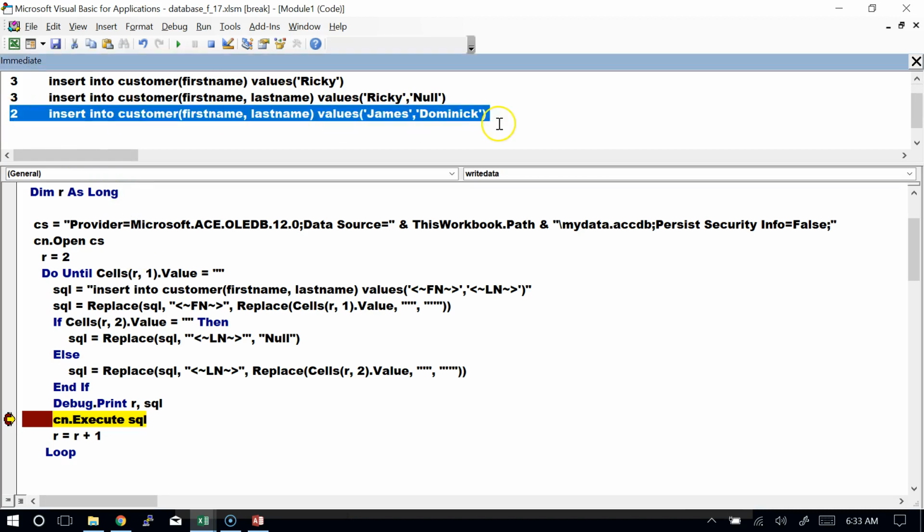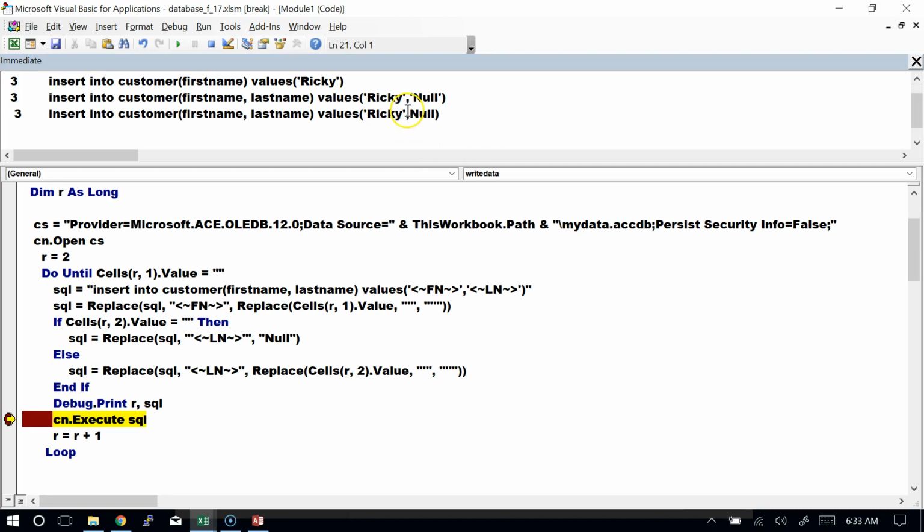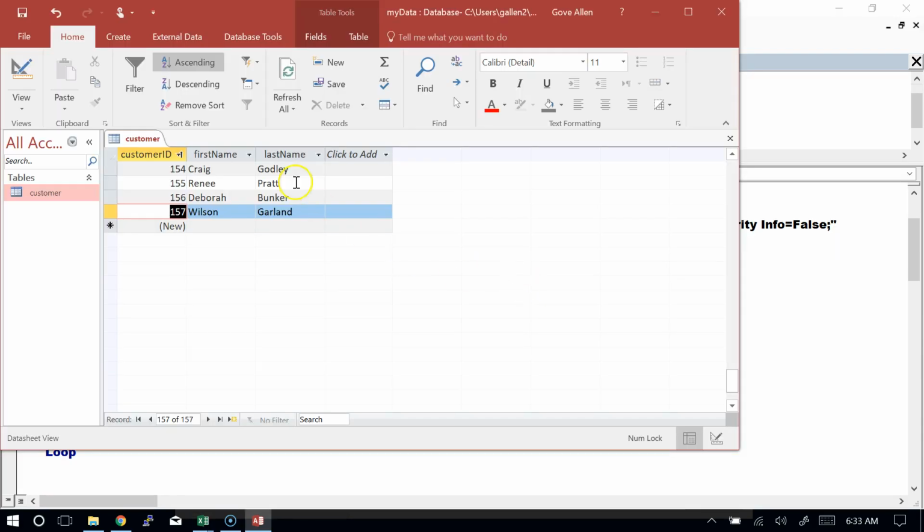There's row number 2 that we're not worried about. Let's go ahead and get to row number 3. And so now we've got it without the quotes, and that should execute just fine and plug in that statement. Let's go ahead and take a look in Access,